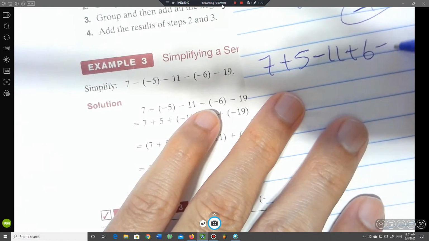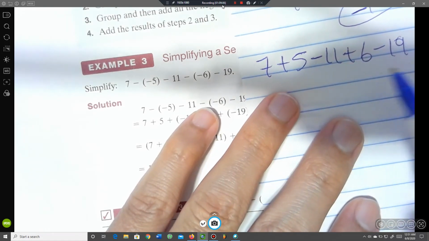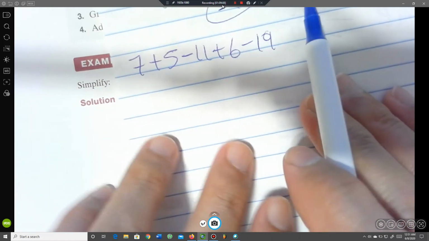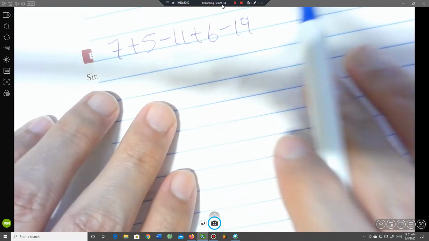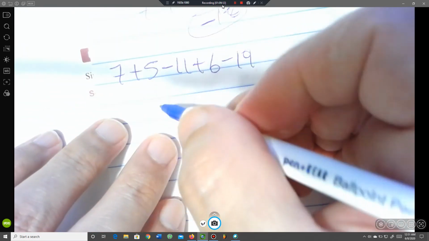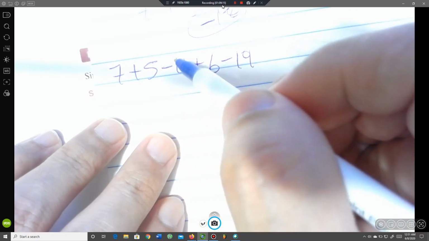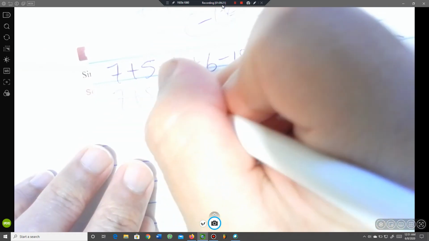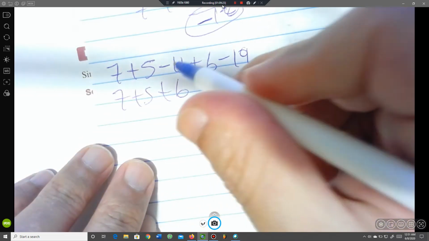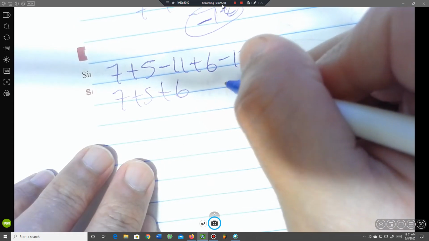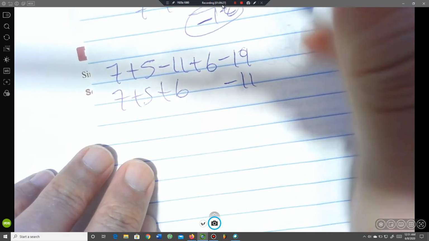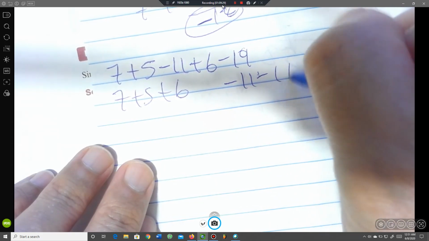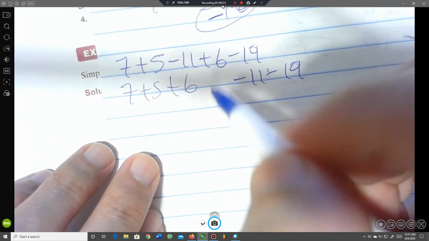Plus 6 minus 19. Okay, so what they want you to do is, and yeah, this is a shortcut, because here I have 3 positive values, so that's 7 plus 5 plus 6, and then 2 negative values, negative 11 and minus 9, and that's